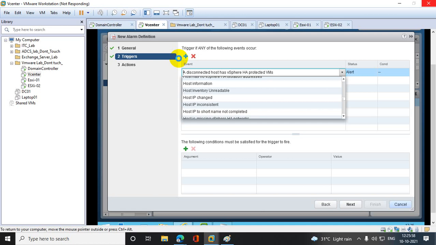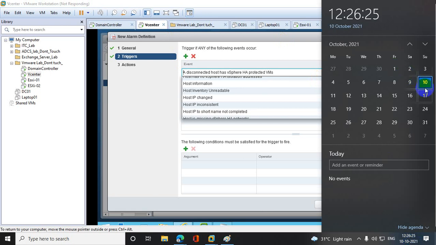Is that clear? Okay. So today I'm ending here. Probably one class remains. In the next class, VMware will be completed. Next class, probably next week Sunday, I will not be available, because due to some rituals I have to go.